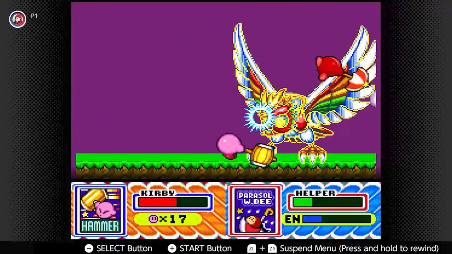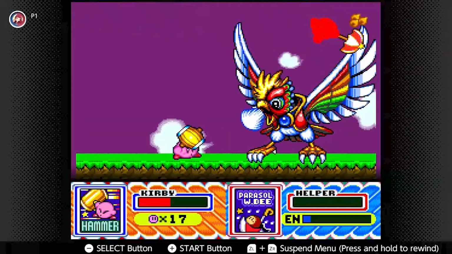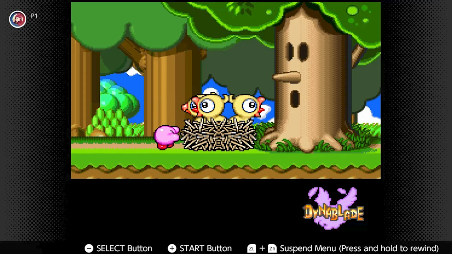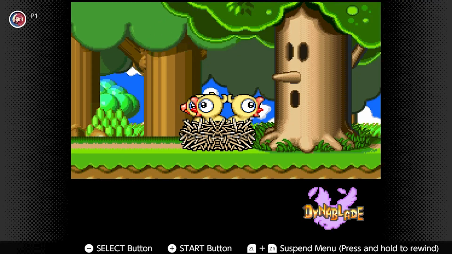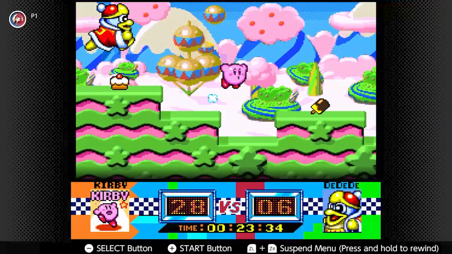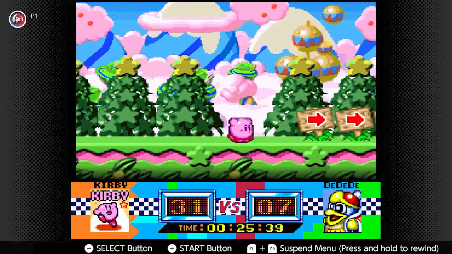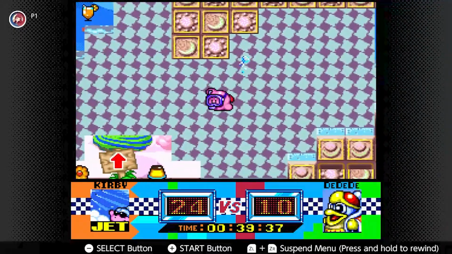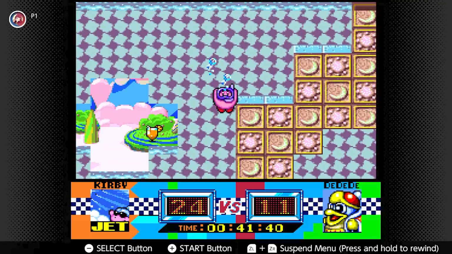The story for this mode is simple as well, where Kirby stops Dynablade from destroying crops, and at the end of the mode, he nurtures the baby Dynablades in exchange. Next, there's Gourmet Race, where Kirby and King Dedede race each other across 3 tracks while eating as much food as possible. This mode features one of the most iconic tracks in the Kirby series, as well as a time attack mode